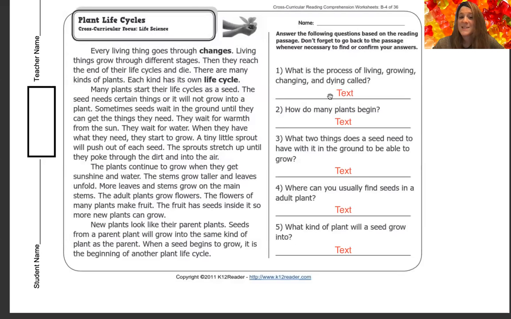Good job. It is called a life cycle. Very nice. And I like that you guys remembered that without even necessarily looking through here, but it does talk about it in this first paragraph. It says every living thing goes through changes. They go through different stages. They reach the end of their life cycles and die. There are many kinds of plants. Each has its own life cycle. Okay? So what is the process of living, growing, changing, and dying called? It's called